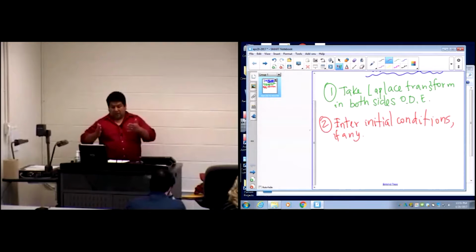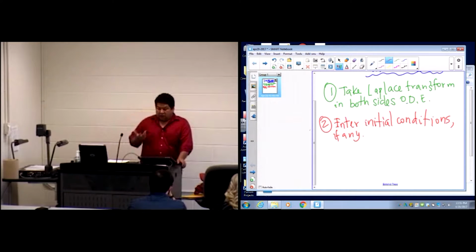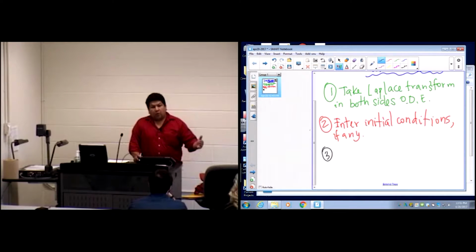Step number 3. Solve the equation. So once the ODE has been transformed, step number 1 will be switching from time domain, assuming the time is the independent variable, into frequency domain, which is the domain for the new expression, typically written with capital letters, right? So now in that frequency domain, we have an algebraic problem. So step number 3, solve the equation